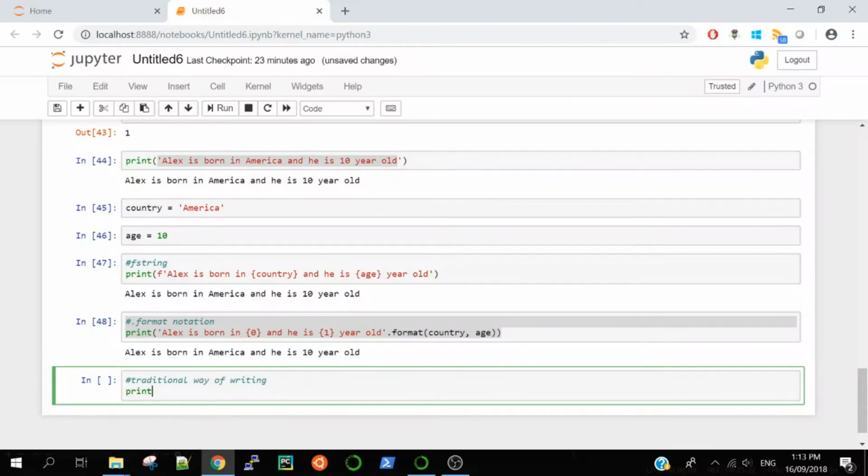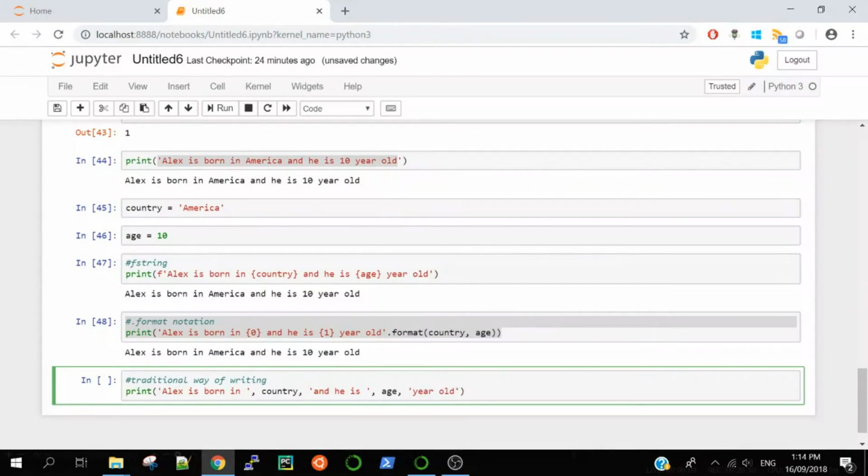So what I will write simple: Alex is born in, I will just write comma, the name of the variable, which is country, and then again comma, and I will write and he is, comma, age, 10-year old, comma,